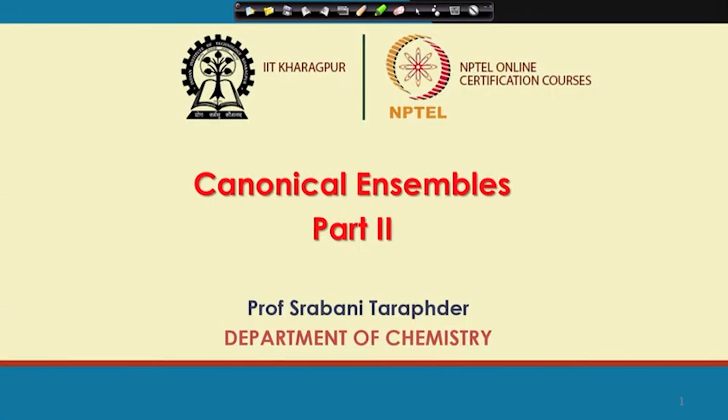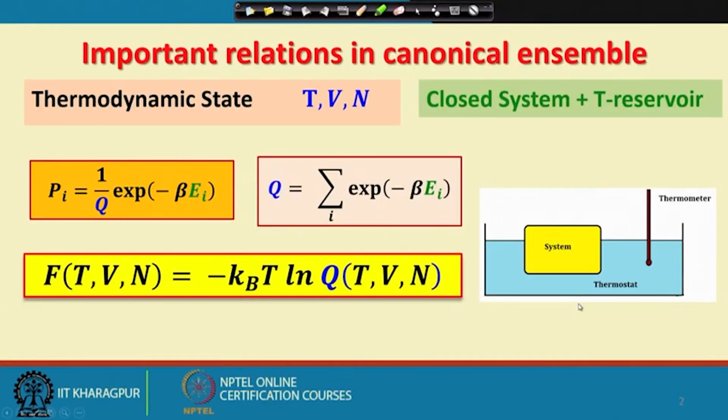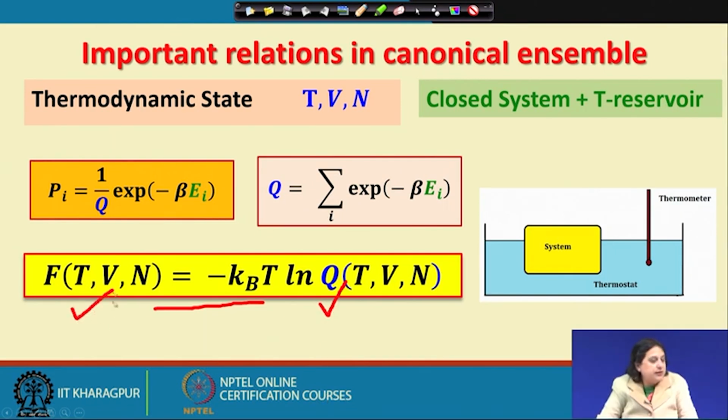Welcome back. We will continue our discussion on the canonical ensembles today by considering the three important relationships that we have already discussed. Today, I am going to first look at the importance of this particular relationship and show you that once you have a model, you will be able to find out the partition function Q. From there, calculate the Helmholtz free energy F and calculate whatever thermodynamic quantity you would like starting from a microscopic